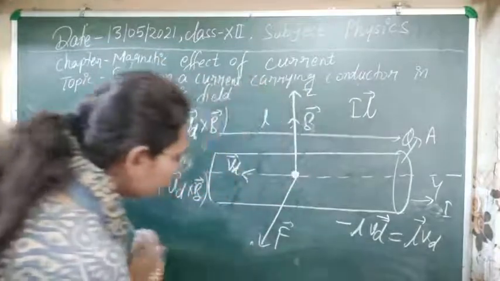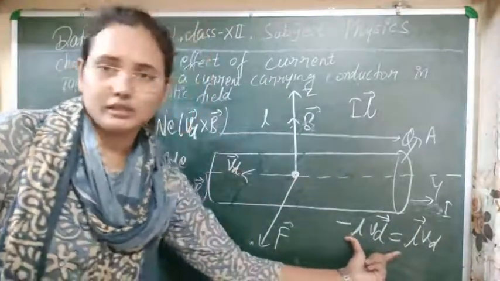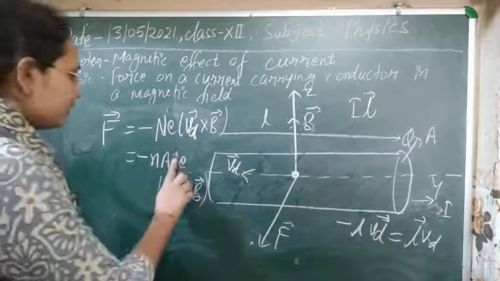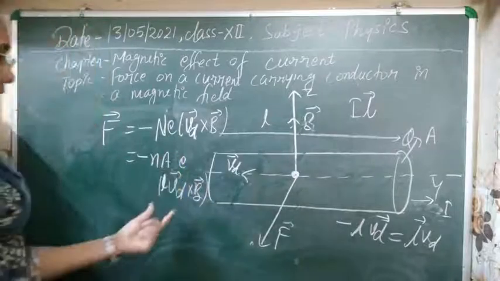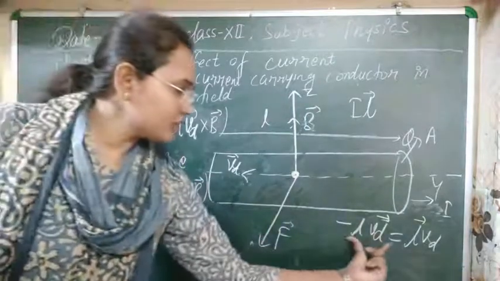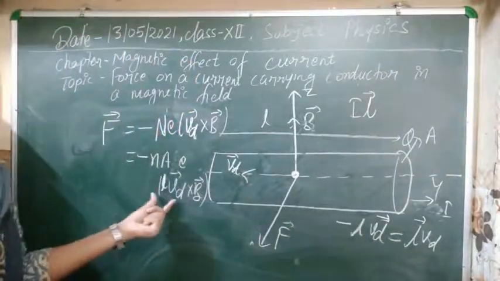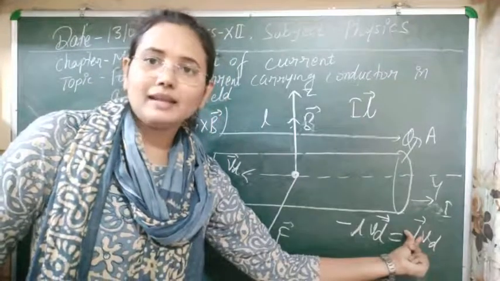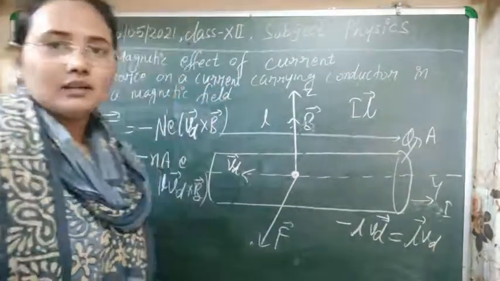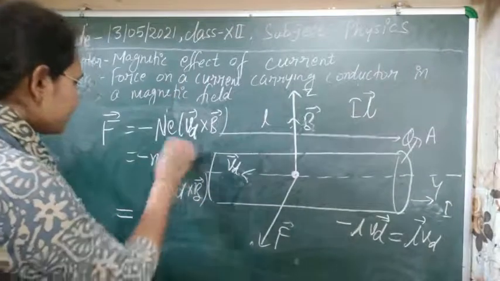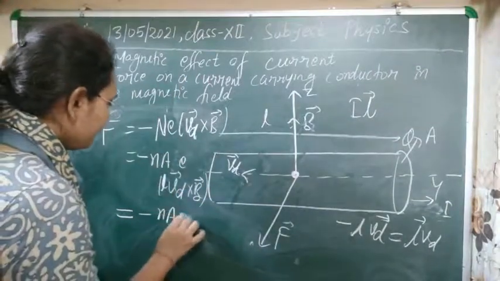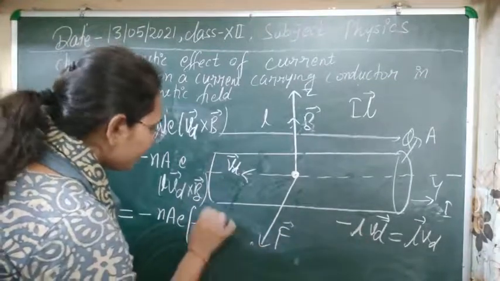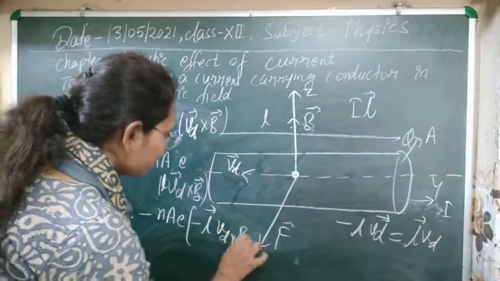Now I think you have understood why I have used this one. So by using this concept you can multiply L inside this one. So you can just put L here. So L cross Vd, by this concept, is equal to minus L of Vd. Means you can just take the current element as a vector and Vd as a scalar here. So it means that this expression can be represented by NAe, and at this place I am going to write vector L, Vd cross B here.